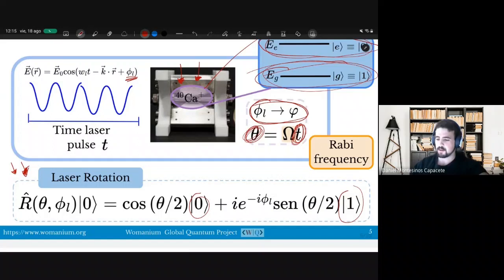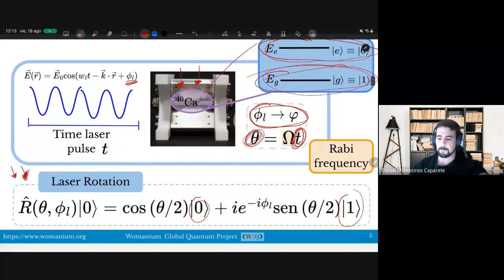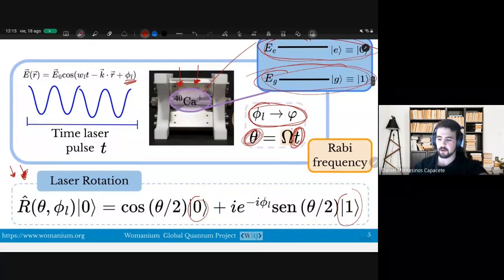Basically, this Rabi frequency is related to the transition, because there are different types of transitions between different energy levels, and not every energy level is physically the same, since they have different physical properties. So the Rabi frequency depends on the transition. It's just a constant that will be measured experimentally,